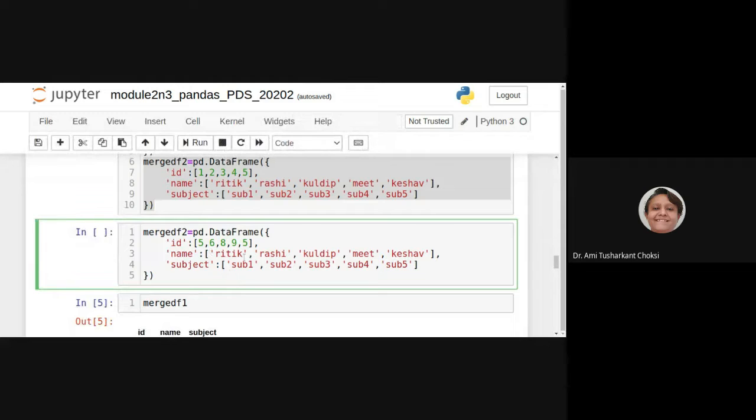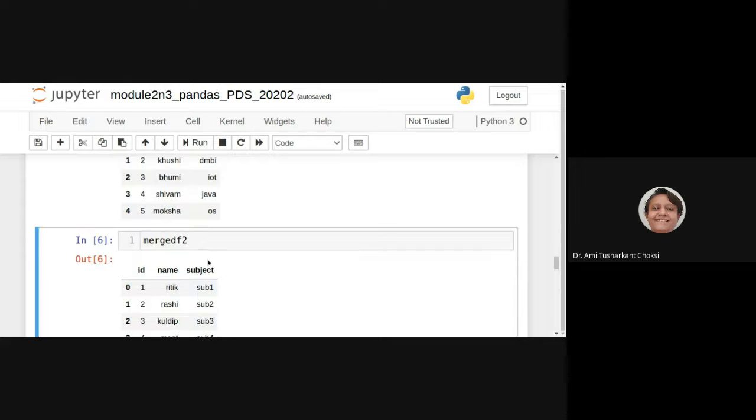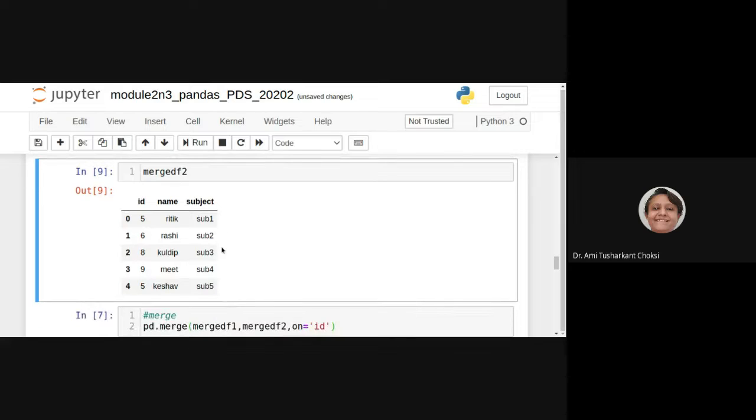Now I am running this merge df2 because we want that to take effect. Let me have this also as merge df2.